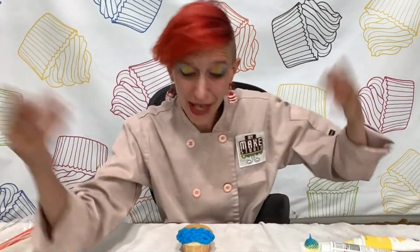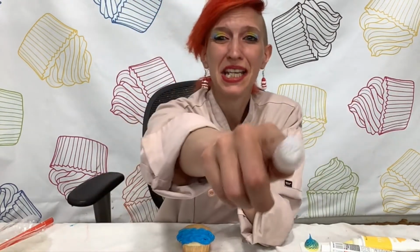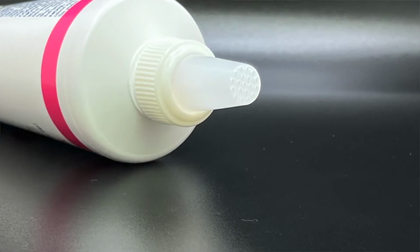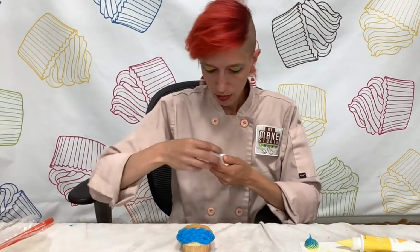And then we're gonna use the tip we haven't used yet, which is personally my all-time favorite tip. It's the grass tip. It's the one that looks like a thimble, but we're gonna use it for crashing foamy waves today. So I'm gonna get my white, put it on,